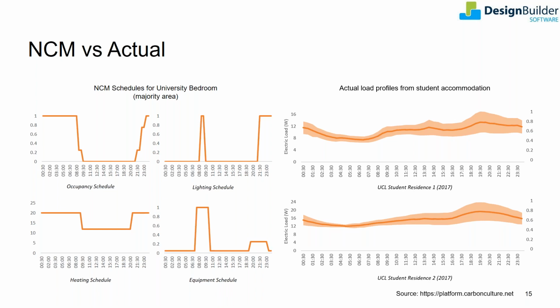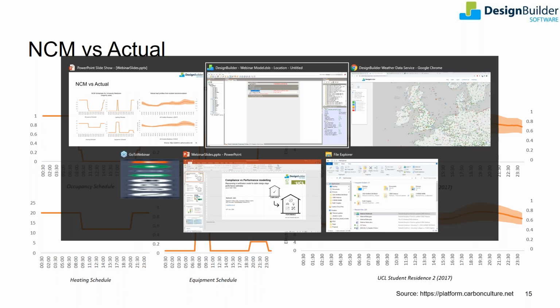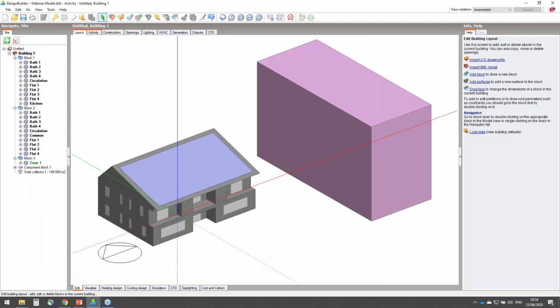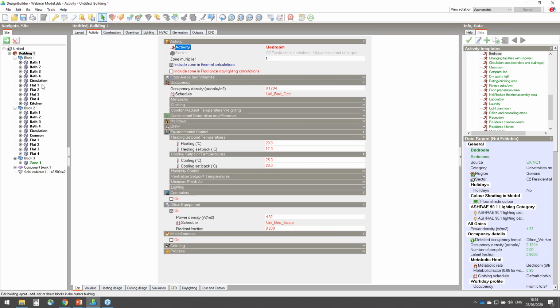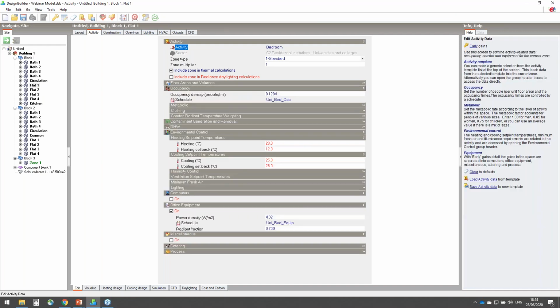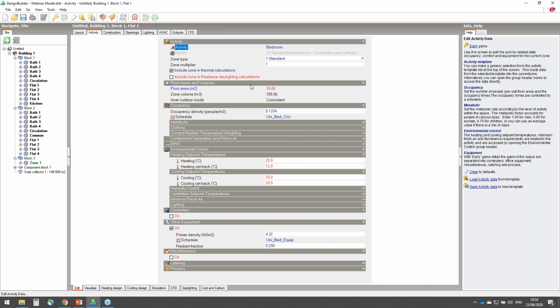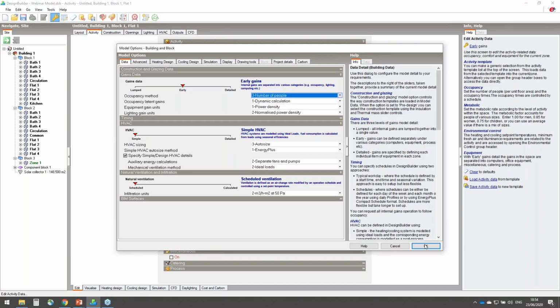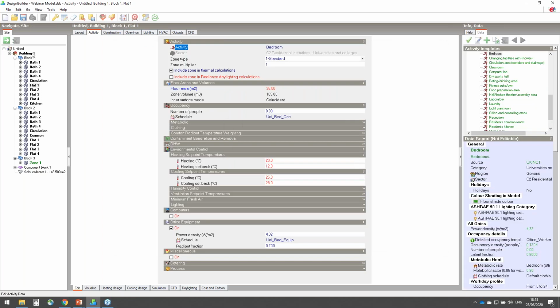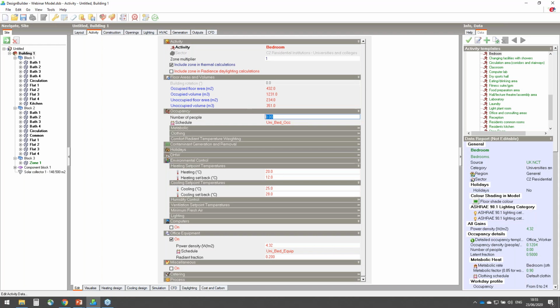To represent this, I am going to modify the existing occupancy in my model. So NCM defaults are not suitable for occupancy and operation in our building. For example, with the default density of 0.12 and the area for each flat being 35 square meters, full occupancy will be about 4 persons. However, in our case, each flat will be single occupancy. So I will go and change the occupancy definition to number of people, and write 1 person,